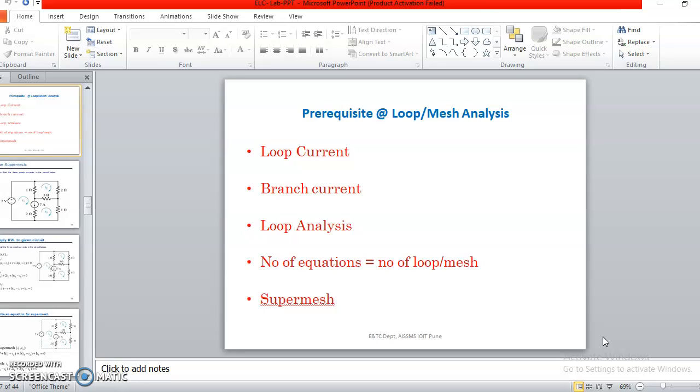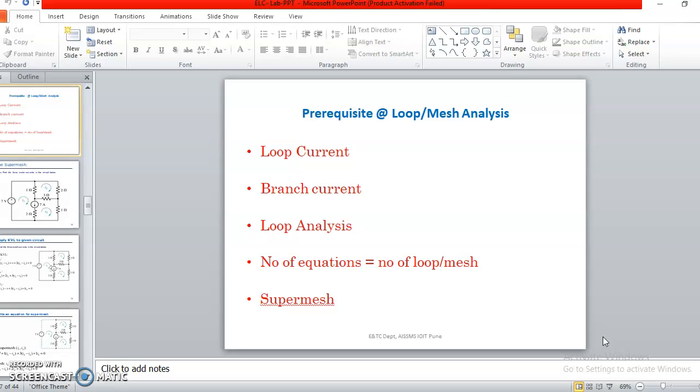The difference between Kirchhoff's law and loop analysis is that in loop analysis, instead of branch current, we consider the loop current for writing the equations. If any branch carries more than one current, then the total current must be decided by the algebraic sum of all currents through that branch, which we discussed just before.